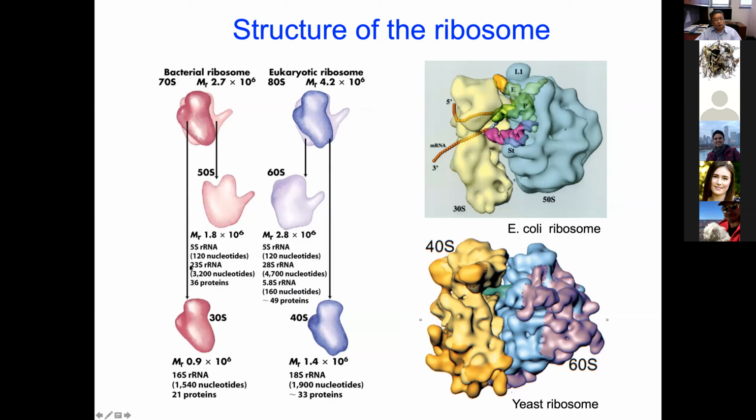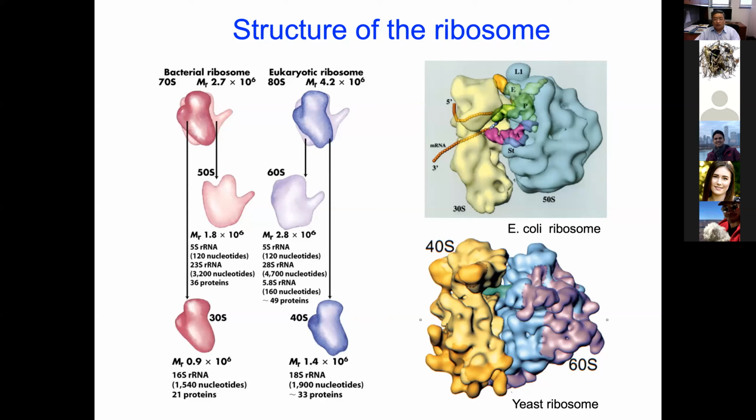Yeah, at least you need to know 23S ribosomal RNA, that is the RNA of the large subunit of the bacterial ribosome. And 16S ribosomal RNA, that is the RNA of the small subunit of the bacterial ribosome. Will we need to know the details about the eukaryotic ribosome? At least you should know it is the 80S. When we talk about the 80S ribosome, that's eukaryotic, for example, yeast or human ribosome. Thank you. Is there any other questions?